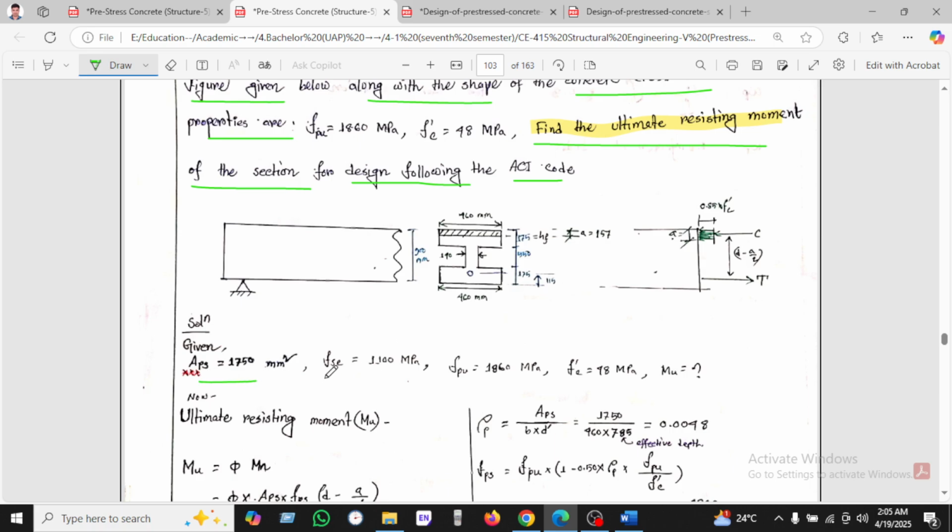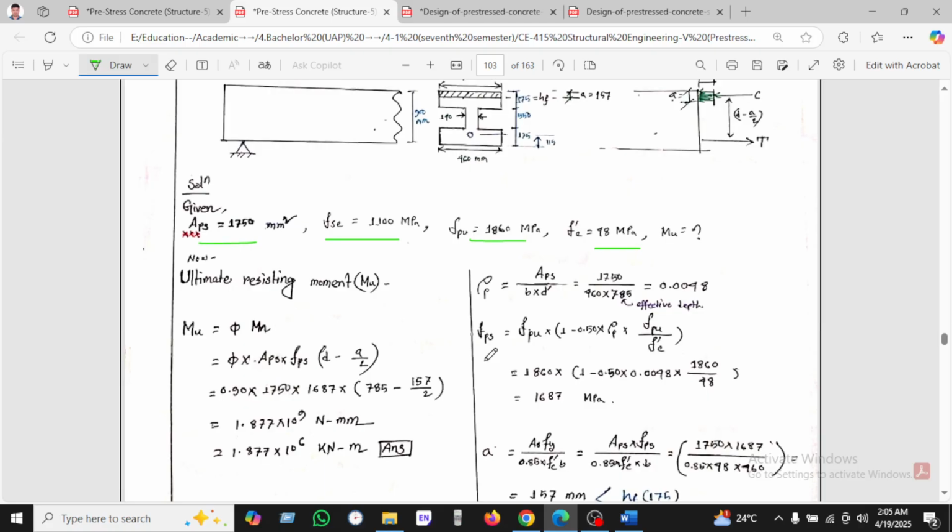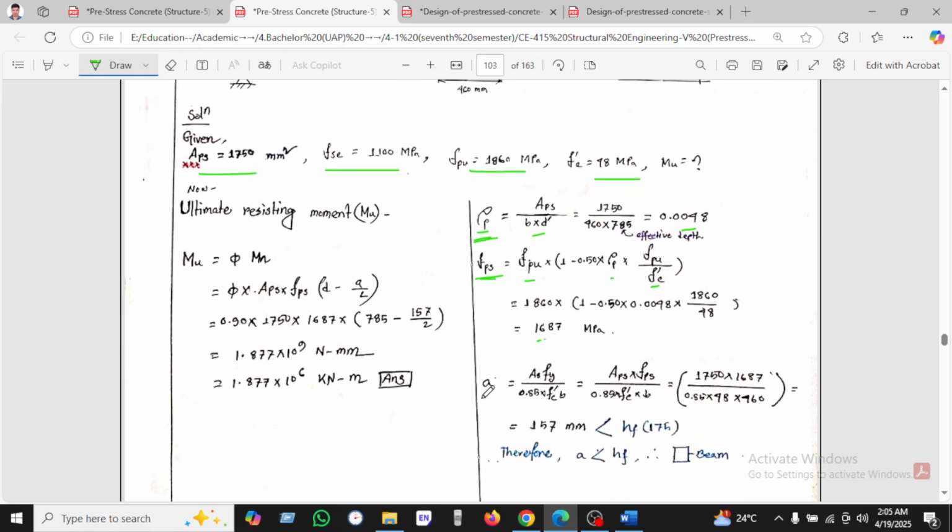So given these values, fps and fpu, now we can calculate rho. We know rho equals As divided by bd, and finding this value. And then how will we calculate the stress? fps equals fpu times (1 minus 0.5 rho p times fpu over f'c), and putting in the values we find 1687, and the compression block a is 17 millimeter, which is less than